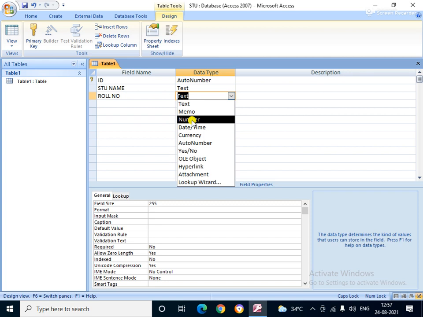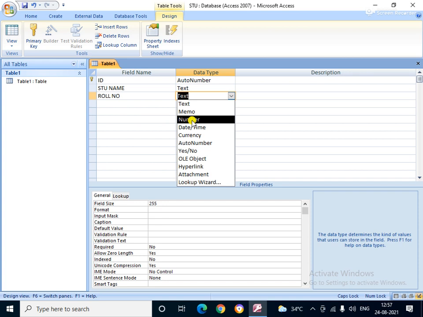But if you select auto number, then it comes in order, 1 2 3 4, like this. Again I am repeating, auto number comes automatically, and number means the user enters the number as per their choice.